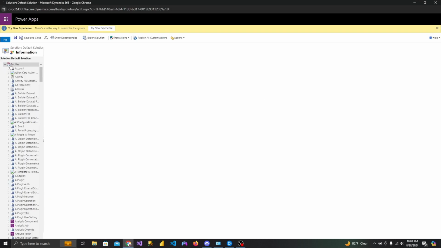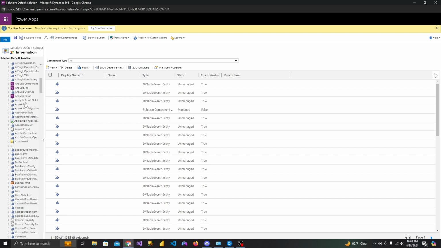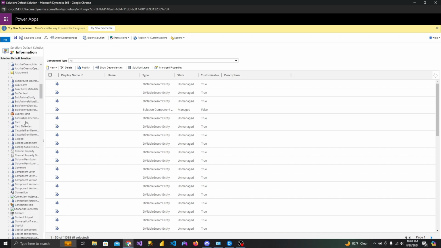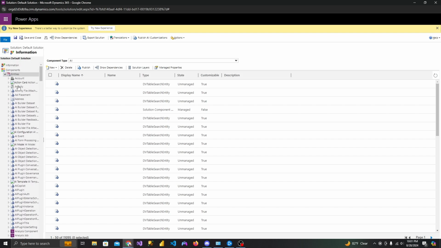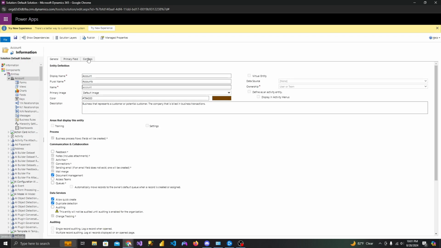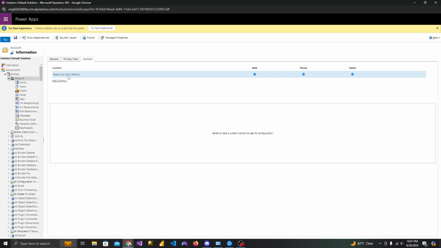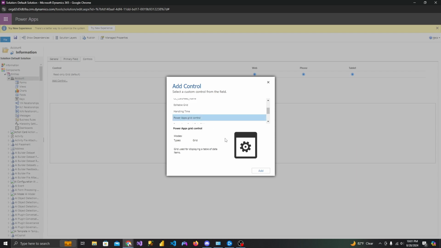Under entities, you can open that up and you'll see all your tables are your entities. Okay, so we're going to find the one that you're looking for. And so for this example, I think we are under account. Now under account, you can go to control and you see it says read only grid. You want to hit add control and you want to search for Power Apps Grid Control right here and hit